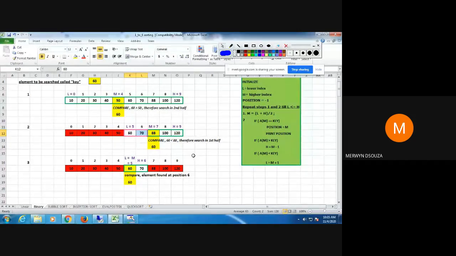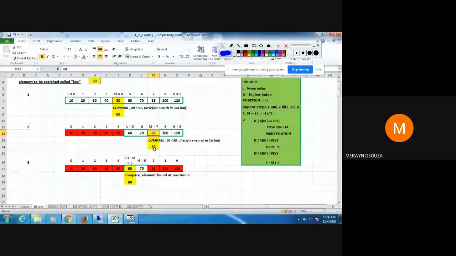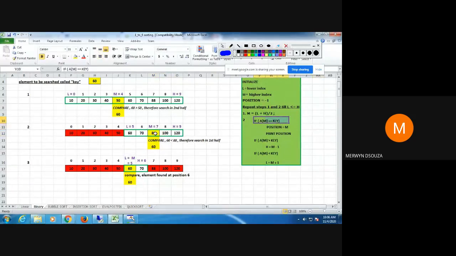Why? Because here it cannot be found. Here it cannot be found, because this is not 88, we have already found out that 88 is greater than this value. And since this is sorted, we know that the values beyond 88 are also greater than 60. We are not going to search here anymore. We have done a comparison with 88 in this step, in this if, and we know that this is not equal to this. Now we are not going to even include these three elements in our next step.